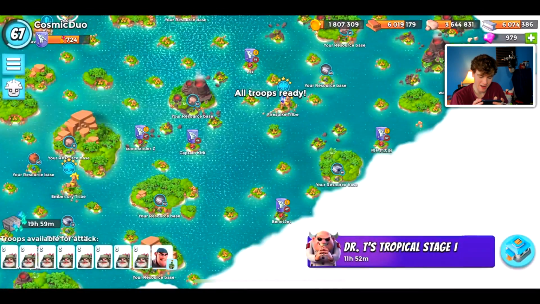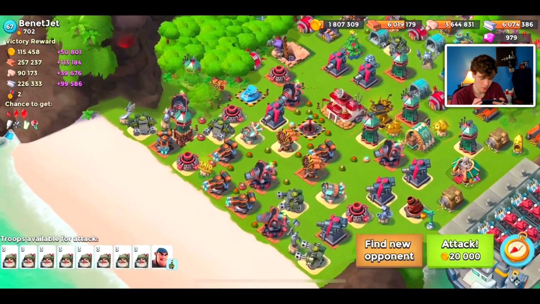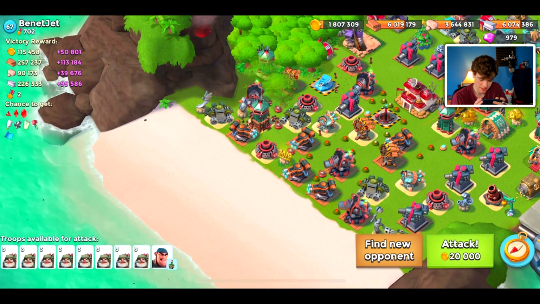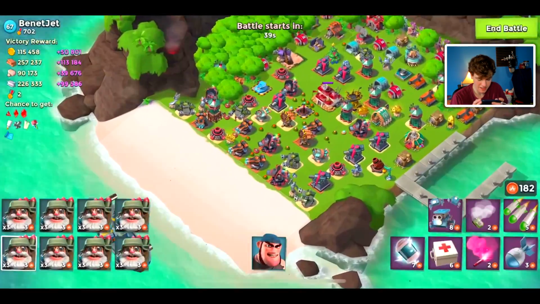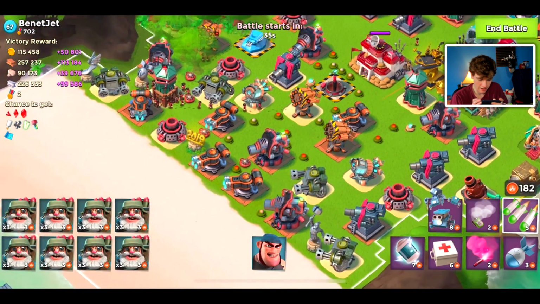Right now we have to decide. I'm gonna go for the shards because I wanna get as many masterpieces as I can stored away, so if I ever need to switch some stuff out, I have no issues with that. No, we are not going to find a new opponent. I think I can attack this guy, but we are going to have to do some preparation on the beach